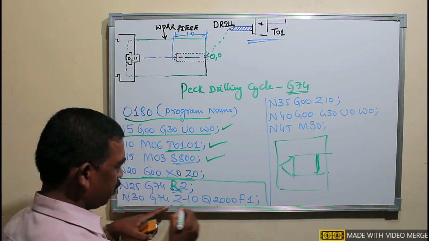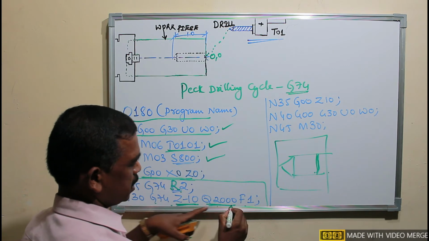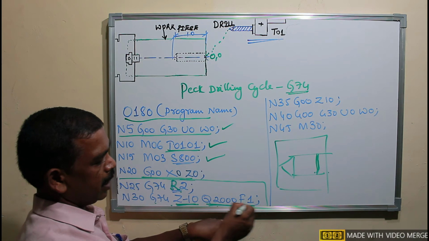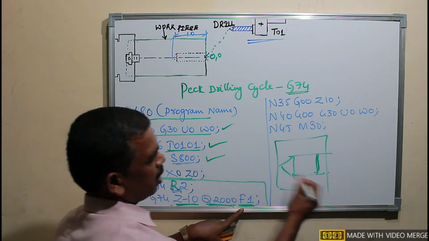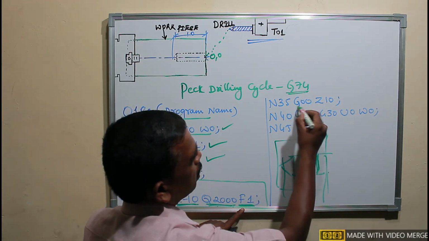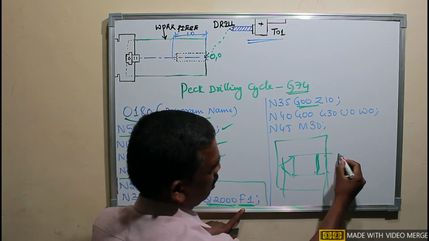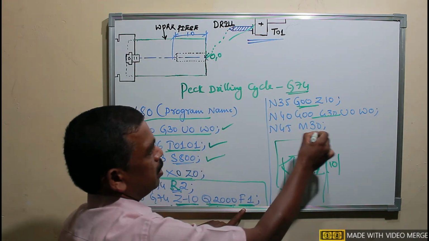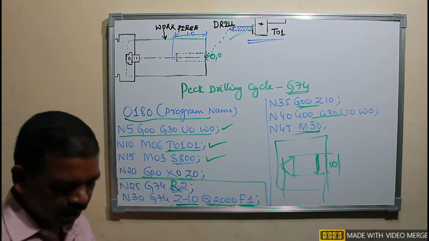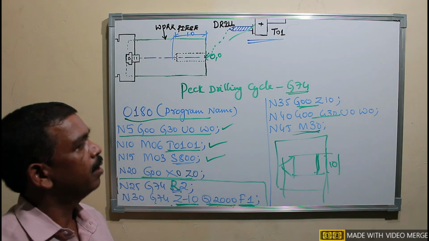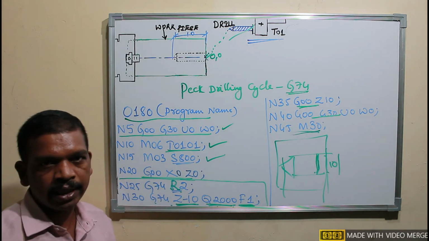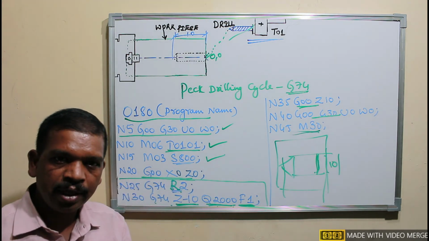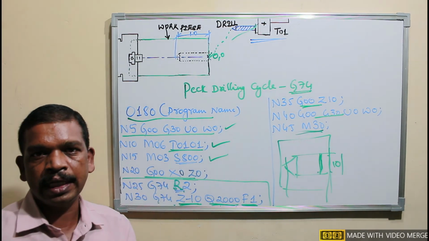And then G74, this is the final depth, and this is the depth of cut per pass and feed. While doing the drilling, it will consider this much of feed. After completion of this hole, the tool will come back to the safety position by 10 mm, and then it will go to its home position again, and this is the program end and rewind. See, this is the theory for writing the peck drilling cycle. Now I will show how these commands will execute in our machine also. Please watch till the end.